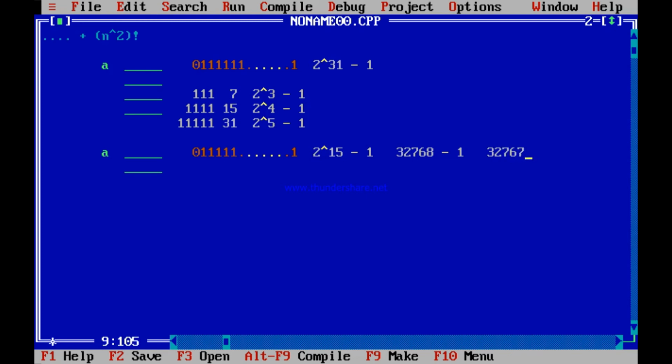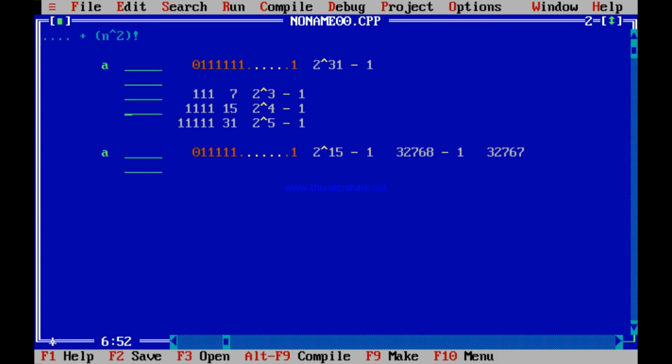32767. I told you that integer can accommodate up to 32767. Why? This is the reason. Because int is declared using 2 memory locations. 2 memory locations means 8 plus 8, 16 bits. So 16 bits, first bit 0. So 15 ones, up to 15 ones is the maximum number. So 15 ones is 2 to the power of 15 minus 1. What is that? 32767. But if you declare long int a, it's a new prototype, then long int a will